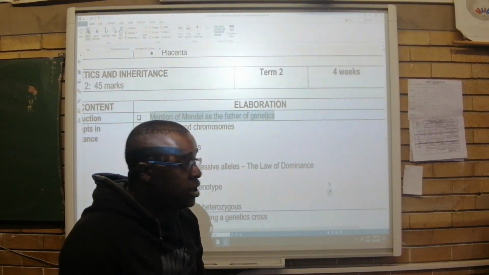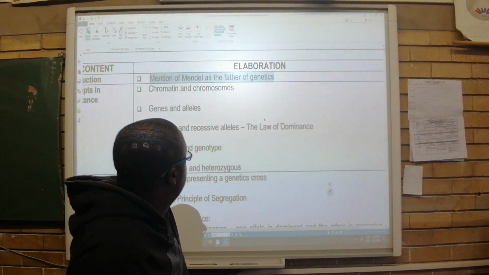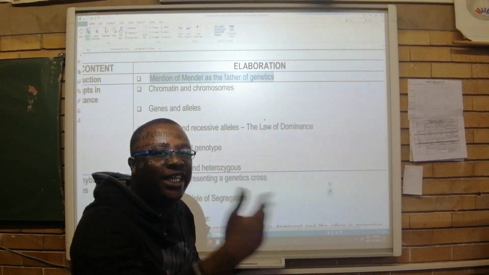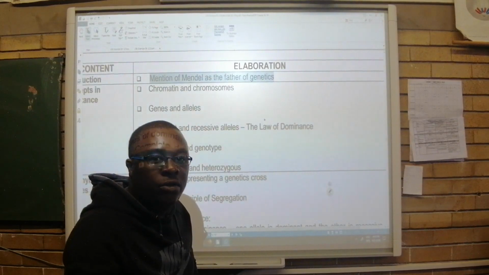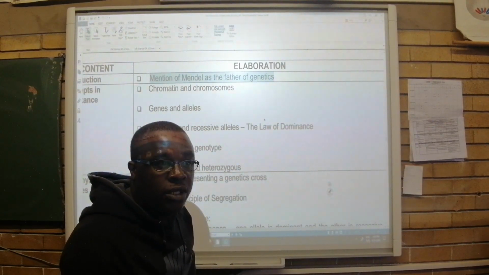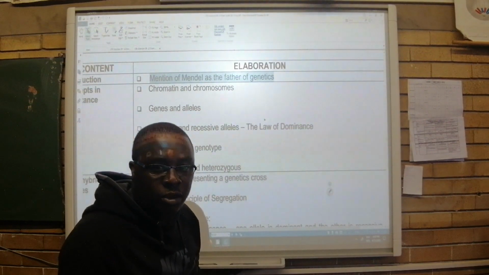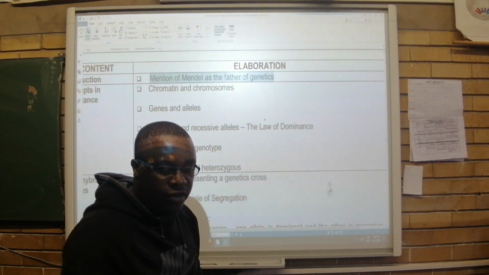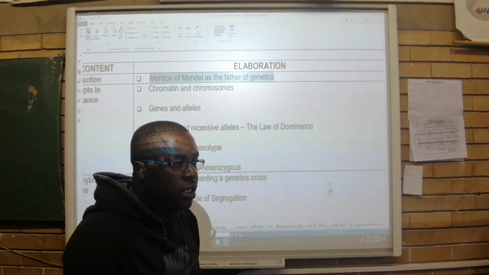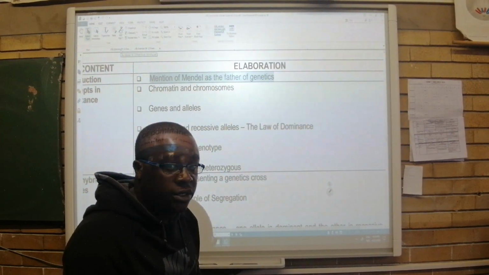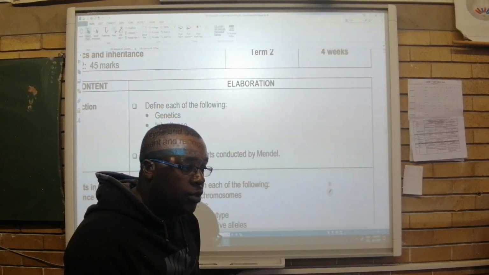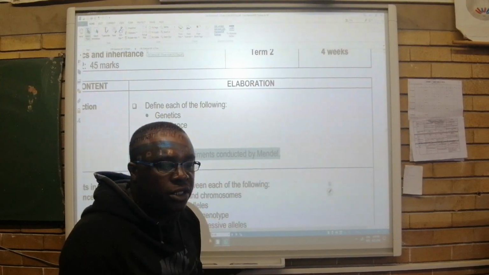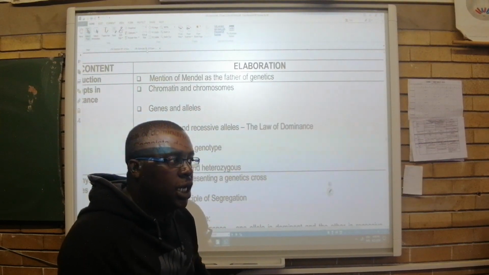As you can see from what's written, the mention of Mendel as the father of genetics, I'm not too sure what mention. I don't know if they want you to state that Mendel is the father of genetics, or what they want you to mention about Mendel. So every year I keep it safe and simple. If Mendel is going to come in any form in the exams, I would rather we talk, not outline exactly, but talk about his experiments